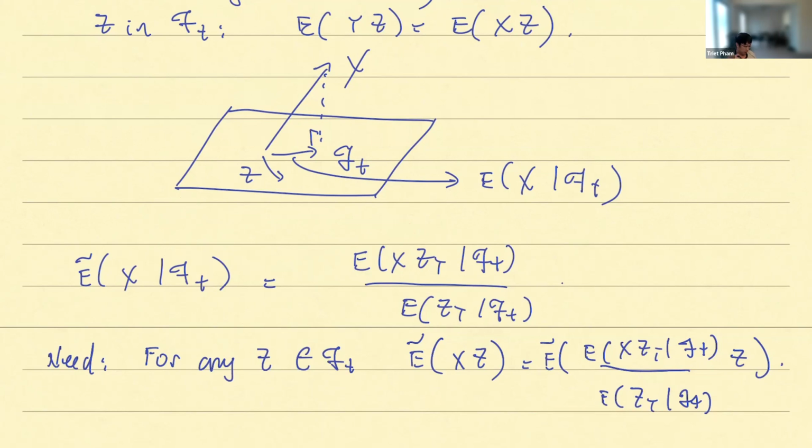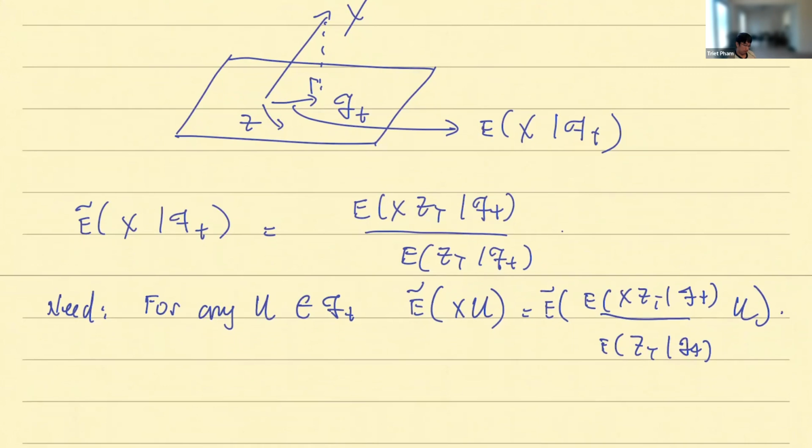Oh, you know what? There's one hiccup. The hiccup is this Z may be confused with the ZT I use. So maybe let me try that with U, to distinguish that. Okay. All right. Does anyone see how we can prove this? Actually, it's almost very easy. Is it? How can we show something like this?